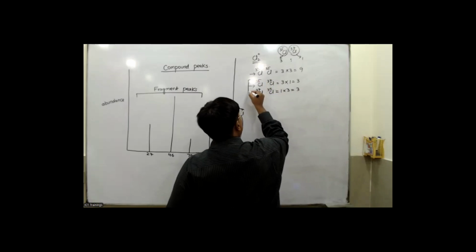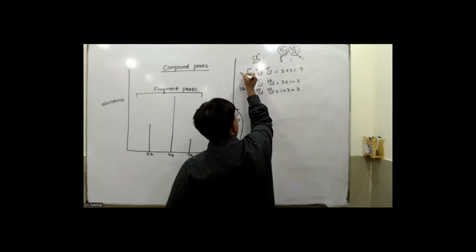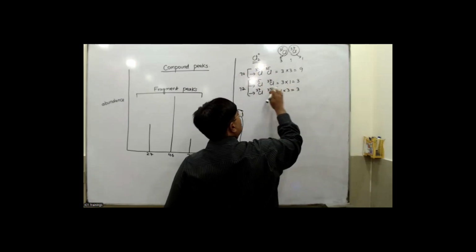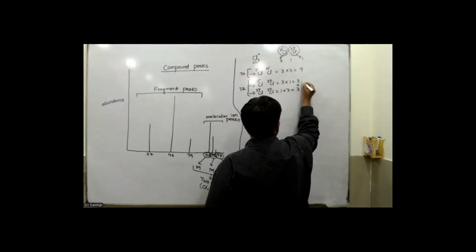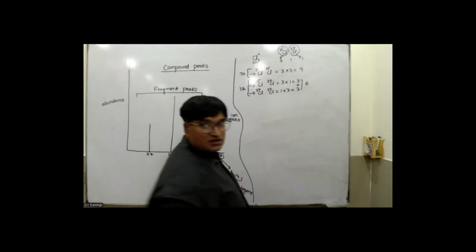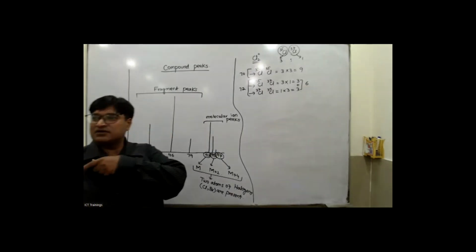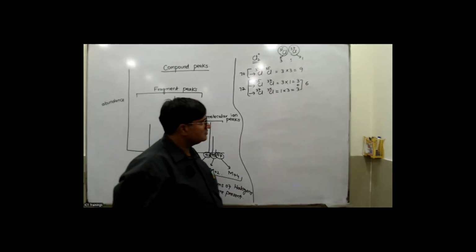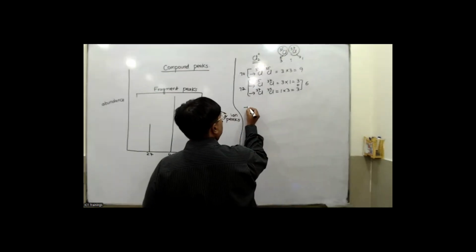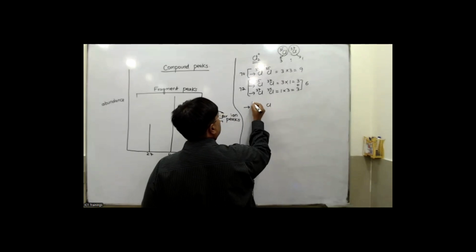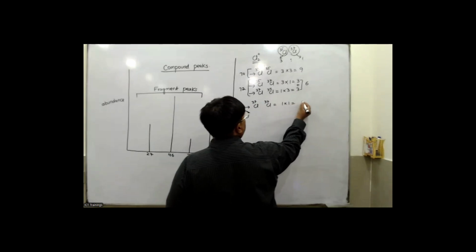Now, if you count their mass number, that is 72. The mass number of this one is 70. So both of them have the same mass, 72, so you should add them. 3 and 3 would become 6. Okay, guys, so this is 6, and then we got the next thing, that is the two chlorine atoms with 37 and 37. So this is 1 into 1, that is 1.